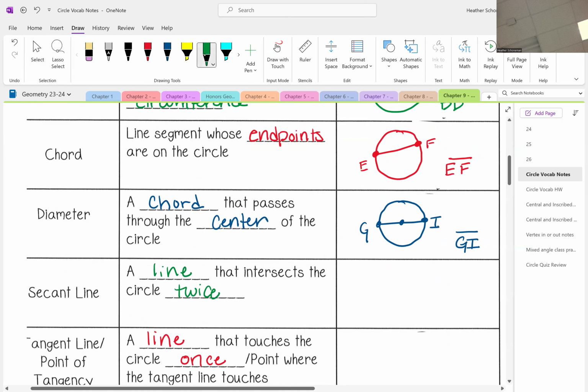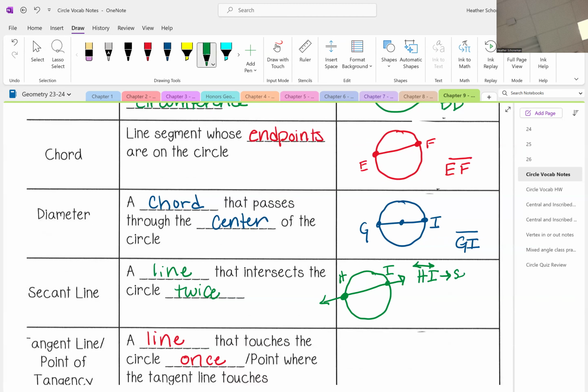A secant. A secant is a line that intersects the circle twice. So to the side a little bit, if we have a circle and a line cuts through the circle, so chord is everything inside the circle. A secant goes out. So in this picture, line HI, and I'm going to use the line notation now, not a segment, is a secant. So the line HI is a secant. I totally said that wrong. Line HI is a secant, but if I talk about segment HI